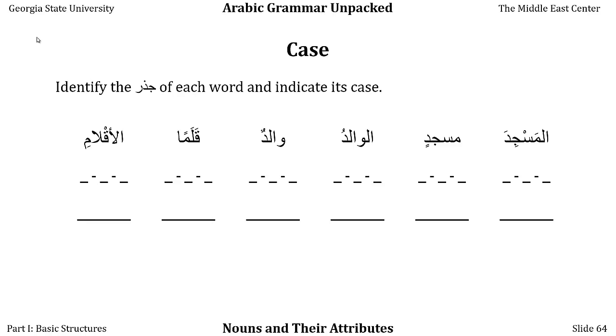So let's take a look at some case markings, identify their root, and indicate its case. So al-masjida has the sin, jim, dal root, and because it has a single fatha at the end, that's the marker for it being definite, and it's definite because it has alif lam, and it's in the mansub case. But if we take the same word and we make it indefinite and we use double kasra, tanween al-kasr, instead of one fatha, then it becomes in the majroor case. So this means a mosque instead of the mosque, and it's doing a particular thing in its sentence,